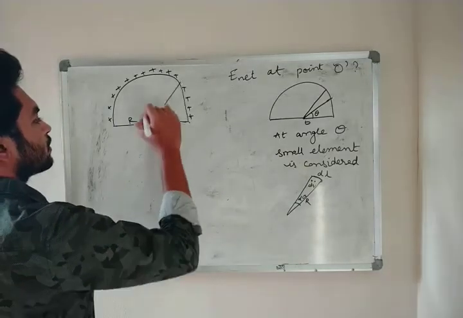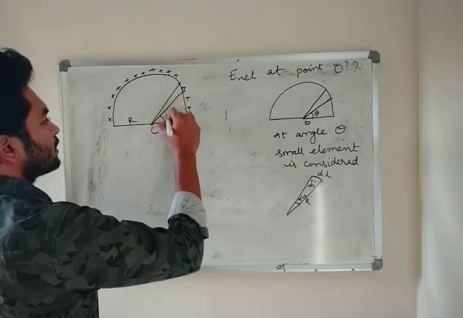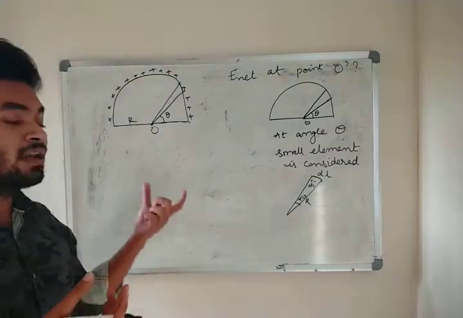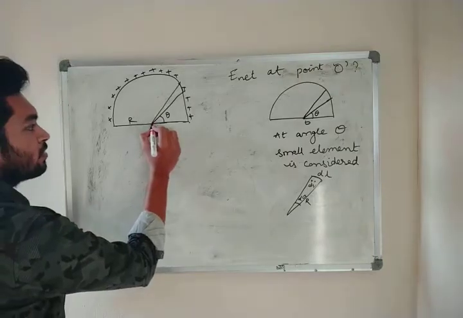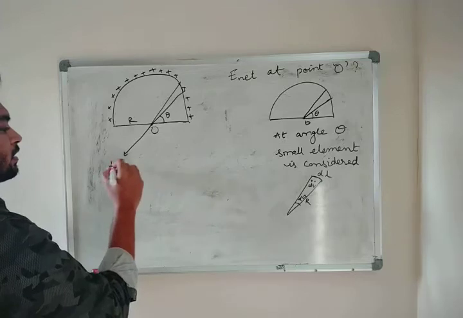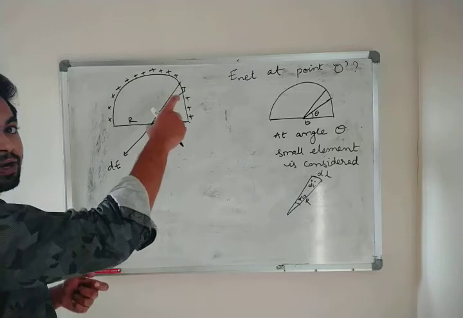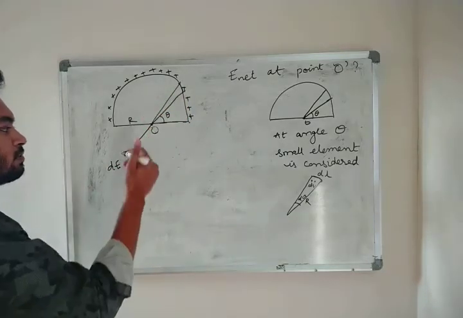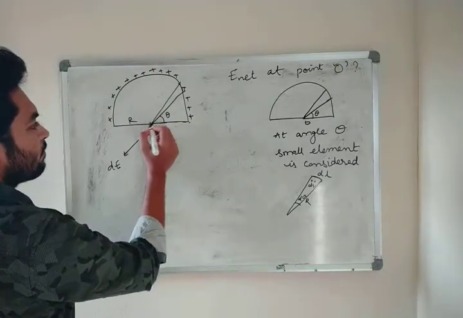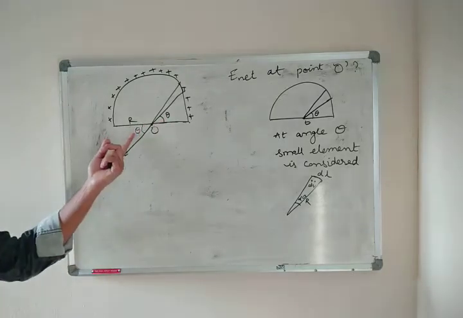Now let us do it in this. This is your theta. Wherever you find an angle, here your electric field will be in this direction, right? dE, away from the point. Your small electric field dE will be away from O. If this point is positively charged, it will be in this downwards direction. If this is theta, this will also be theta, right?